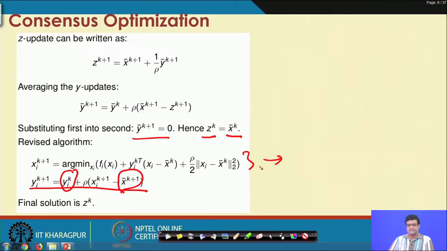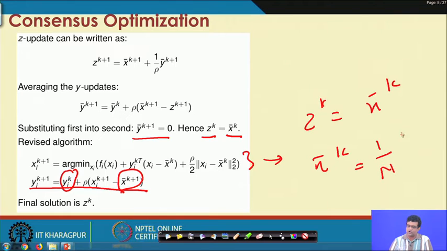So, your z is basically nothing but x bar of k, where x bar of k is nothing but 1 by n summation over i equal to 1 to n of x i k.